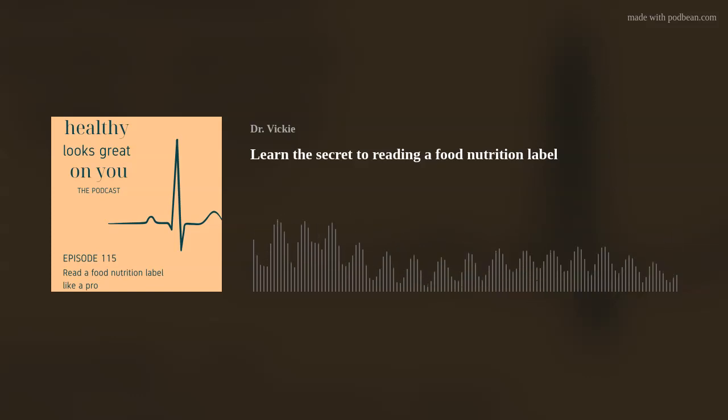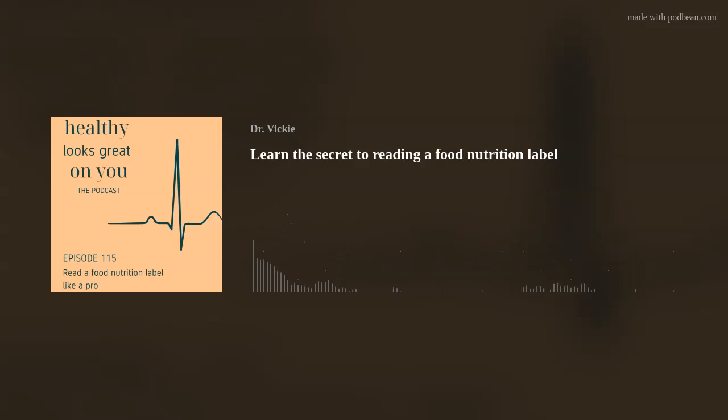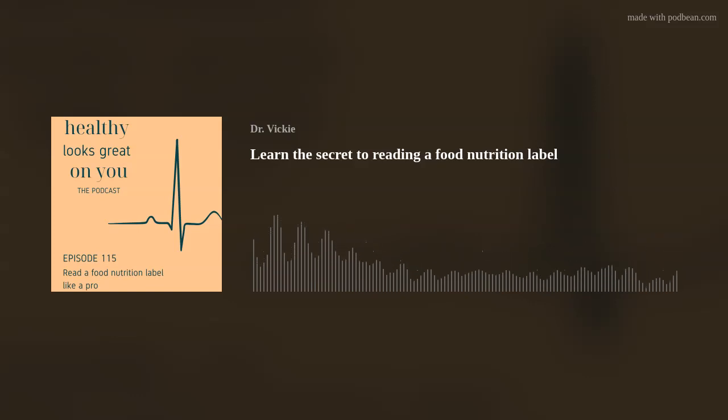Next is the ingredient list, and this is the most important thing to sharpen your expertise if you want to be a savvy eater. Ingredients are listed separately from nutrition facts, usually underneath. And each ingredient is listed in descending order by weight. So the first ingredient is key because whatever's first is what makes up the bulk of the weight of the product. So the first ingredient should be something good, something you need to eat, something that's whole food like almonds,